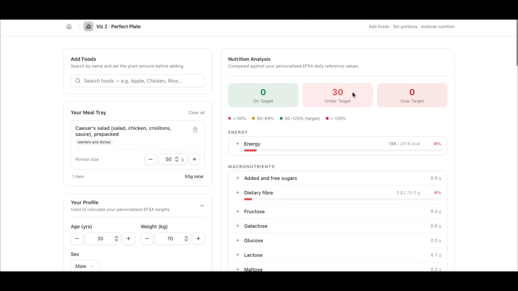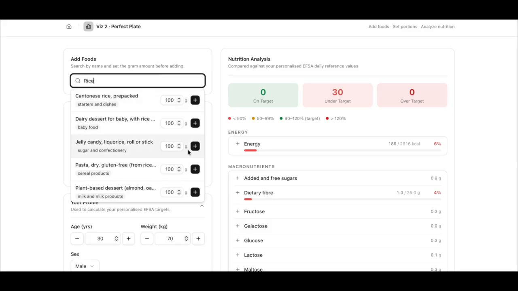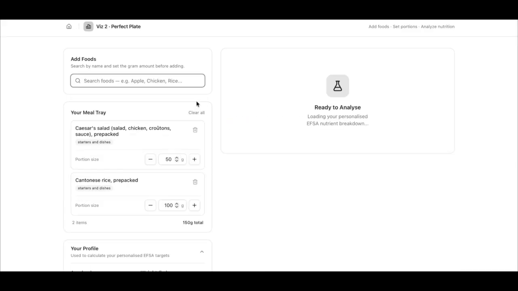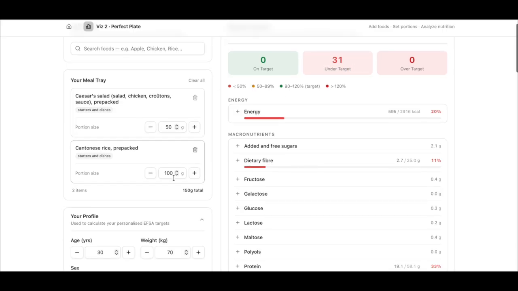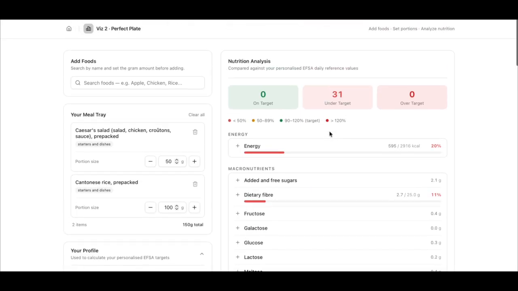Now you can see here for this one we'll have 30 under target, and if we add more foods like rice, Cantonese rice for example, we'll see that we're now for 31 under target, but we can change the portion size and influence